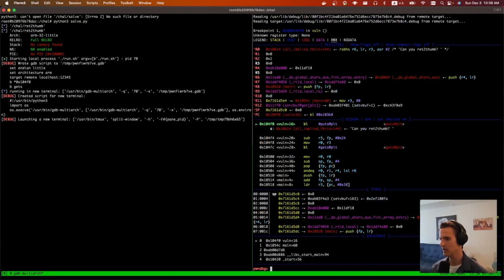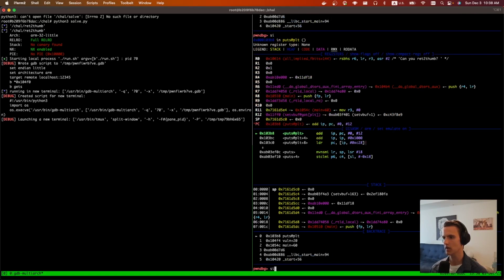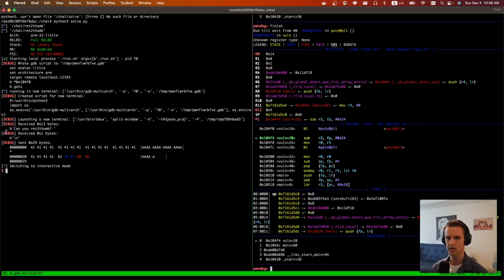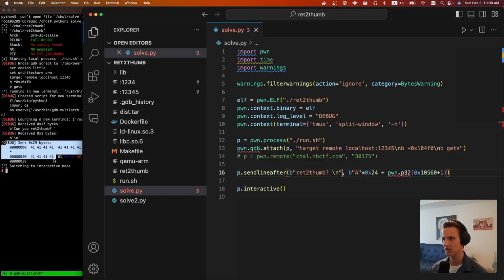Anyways, if we hit continue, eventually we're going to jump into this vulnerable function you can see on the left. And if we single step, it's going into puts. So let's finish puts. We can see we got "can you write to thumb." Then we're sending our payload. So let's take a look at the payload we're using. We're just going to fill up the buffer with a bunch of A's, and then we're sending the address of